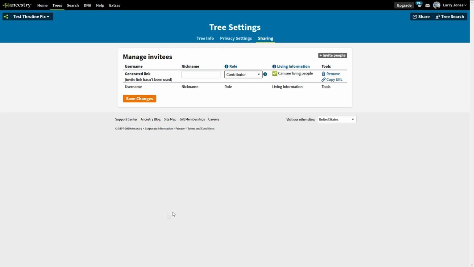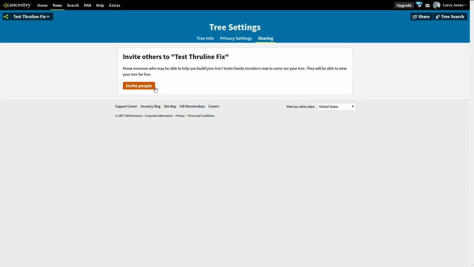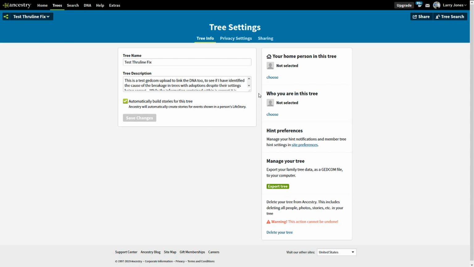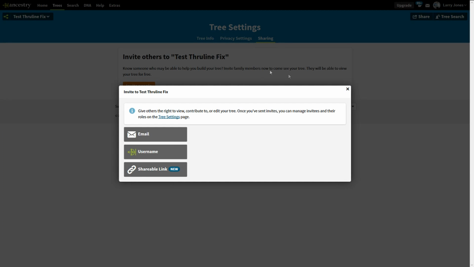Maybe I want to change the role, make him a contributor, or I want to remove it. So if I remove it, then we're back to what we saw before on the invite people page, okay? So if we accidentally go to manage, just come up here, say tree info, privacy settings, and sharing. Just click on sharing, and you still get to the invite people page so that you can invite people the way